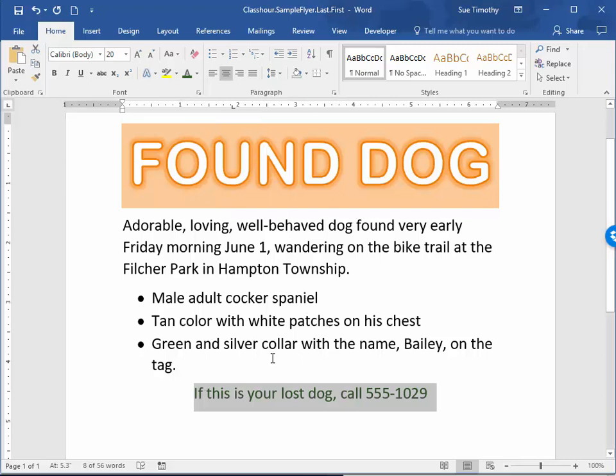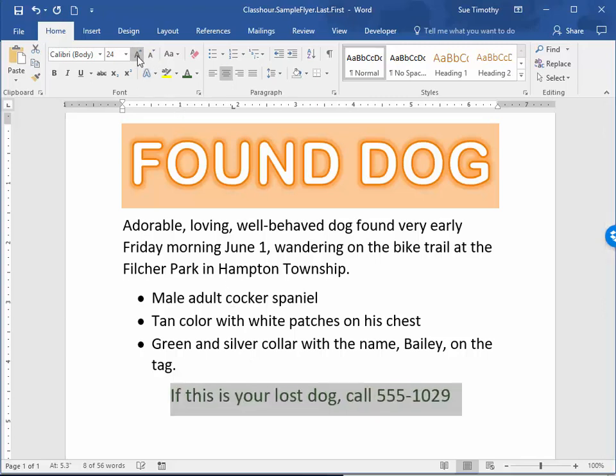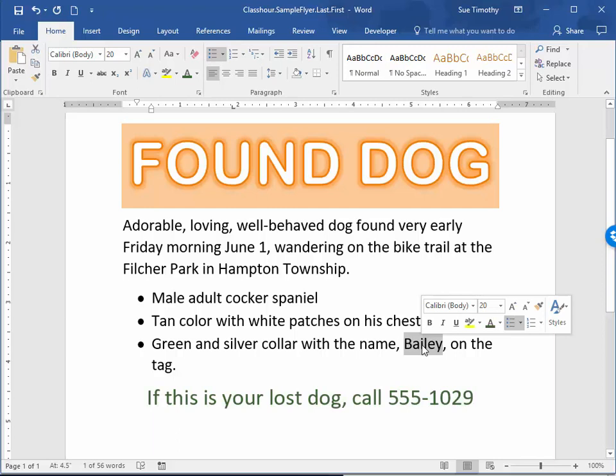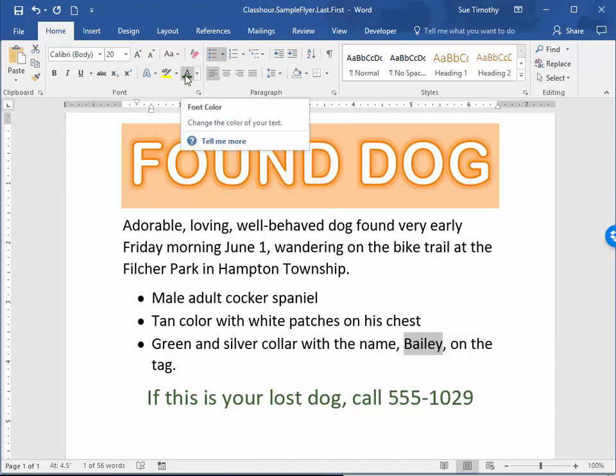And I decide that maybe this one should be a little bit bigger font, so I will put this font up to 28. That looks much better. I want the dog's name to stand out, so I will double click it to select it, and Word remembers the color that I used last in the font color, and you'll see this little A with a color underneath it. This is the font color button, and because the color's already there from what I used last, I can just click on it, and now the dog's name will be colored, and we are going to italicize it to